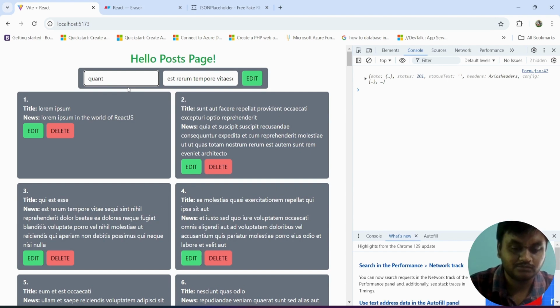Suppose I'm writing some name here, quantum electronics. Here I'm going to change it to: quantum electronics is a subject of physics in the some content, some meaningless content I have written. If you click on this add button,